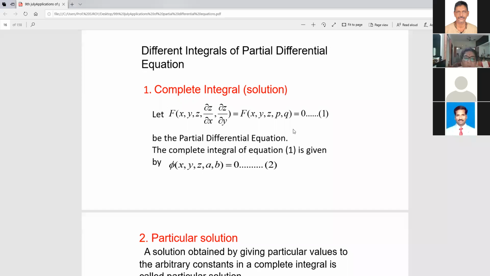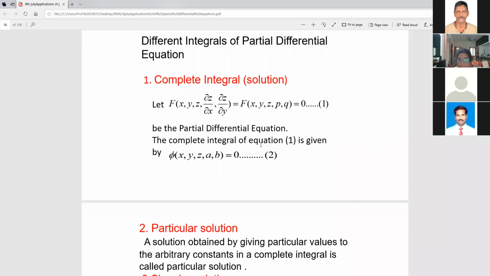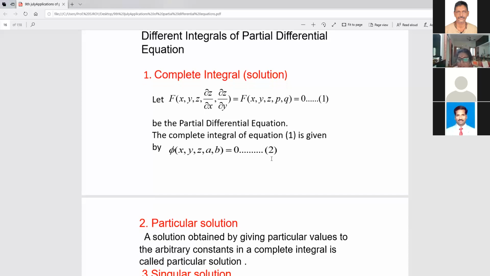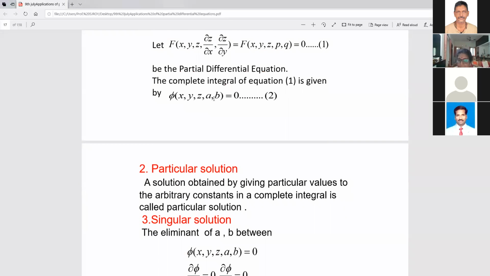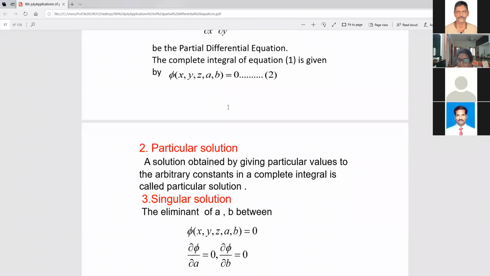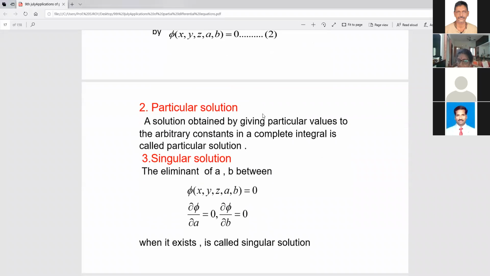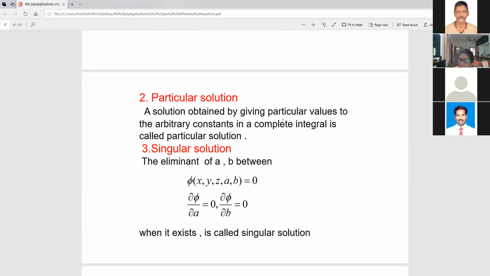Okay. So now this complete integral, once you have it, will have two arbitrary constants. Next, if you give some values to that, of course, it represents a 2-parameter family. Once you get the solution, this is nothing but a 2-parameter family. Fine. So this is going to be next. If you give some values to this, it is going to be a particular solution. That is very simple.